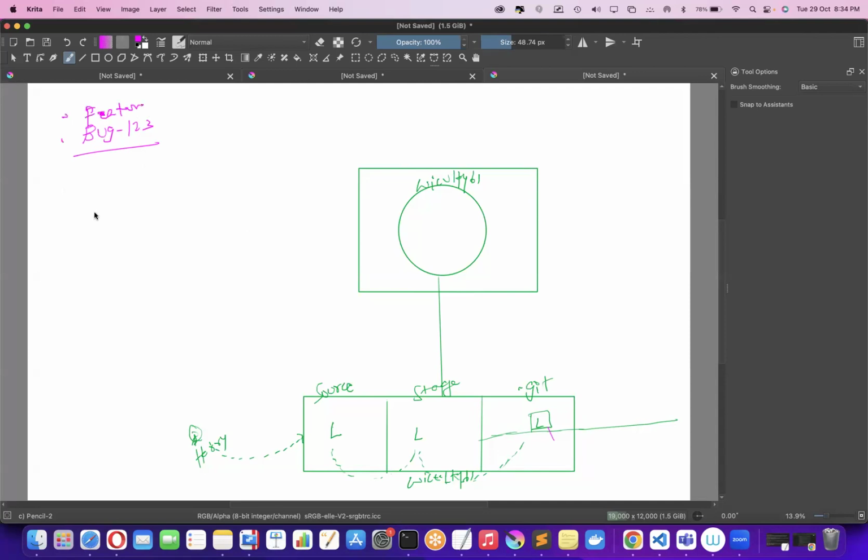Feature. Harry modifies some files, okay? Say 8 files to fix that particular bug or develop that feature. So how many files are there? Some 8 files, okay? Clear? While he's working on fixing this particular bug or feature,